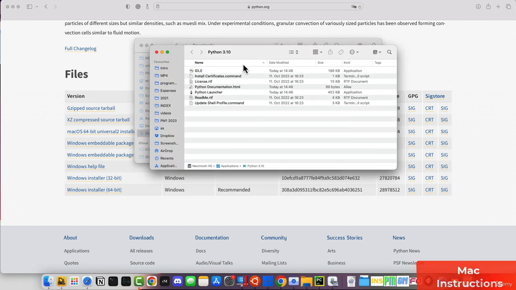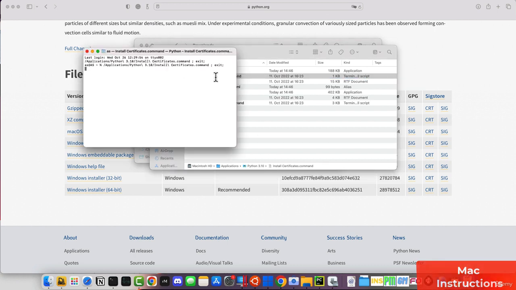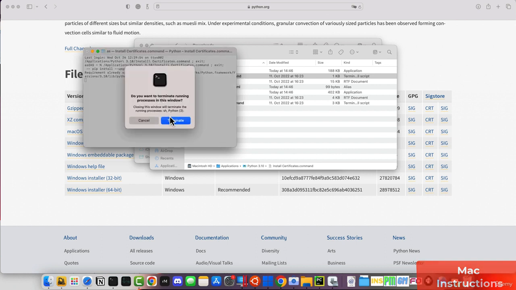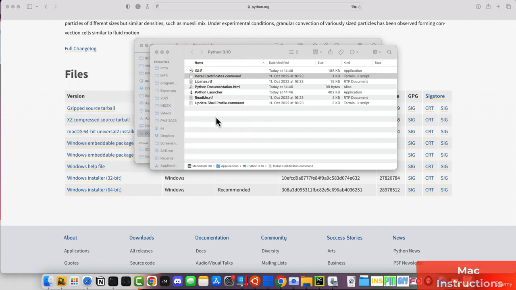So this is the directory where Python was installed. A good idea is to double click this install certificates.command file. So you can find this in applications, Python 3.10 or 3.11, whatever version you installed, and then you have this file. So double click that. This terminal should show up. So this certificate is useful when you want to send out emails with Python. So close that window